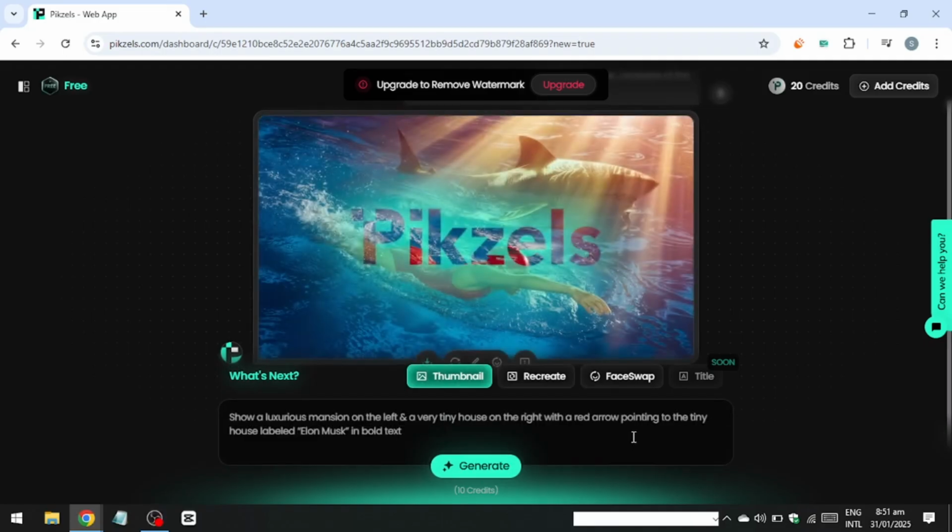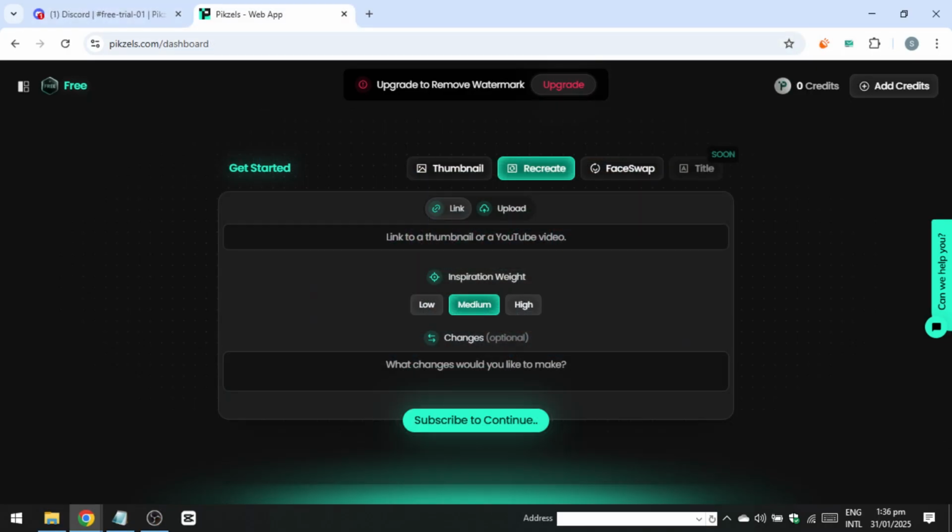The second method allows you to enhance an existing YouTube thumbnail. If you already have a video uploaded to YouTube and want to improve its current thumbnail, you can simply copy and paste the video's URL into the designated input field. Pixels will automatically extract the existing thumbnail and present you with various customization options. This method is particularly useful for maintaining a consistent branding style while upgrading the visual appeal of your video thumbnails